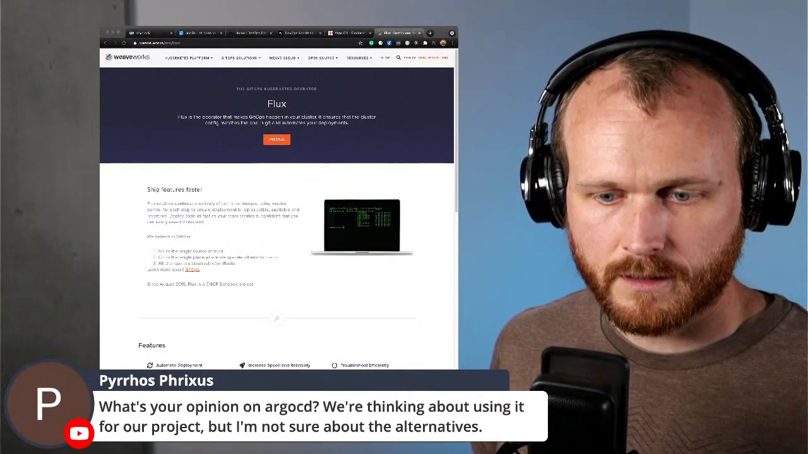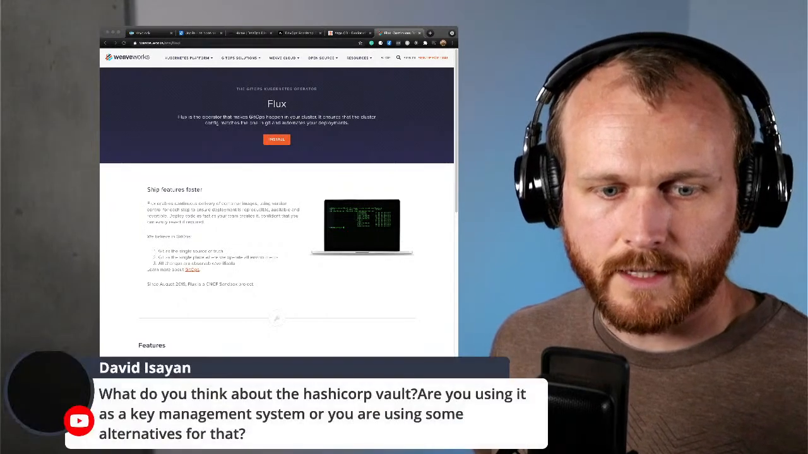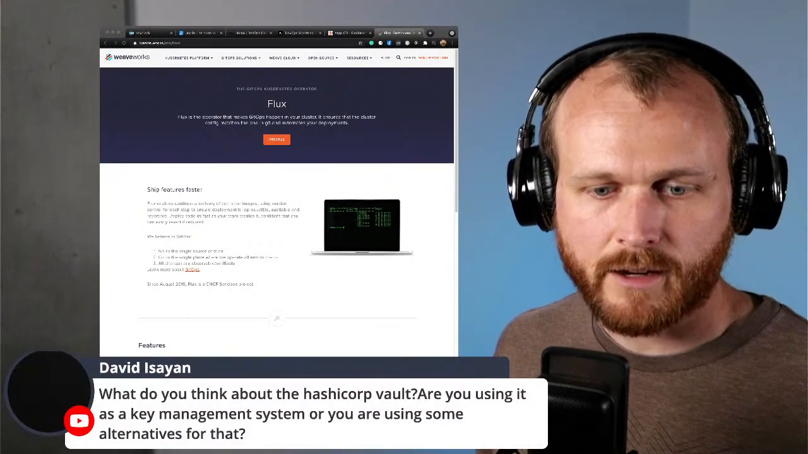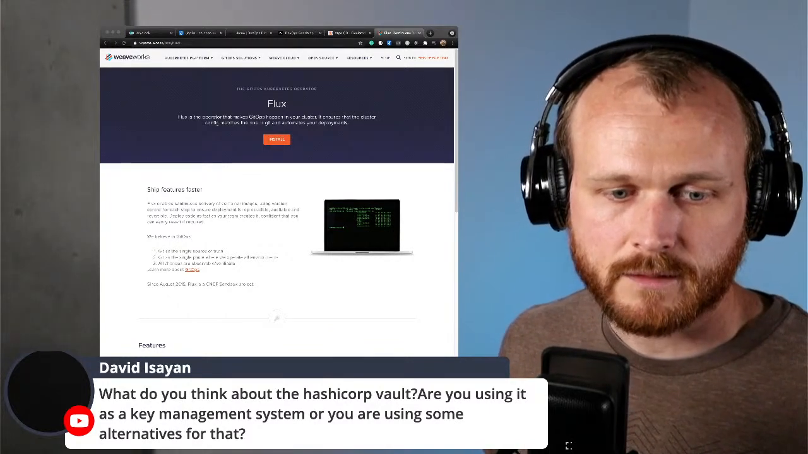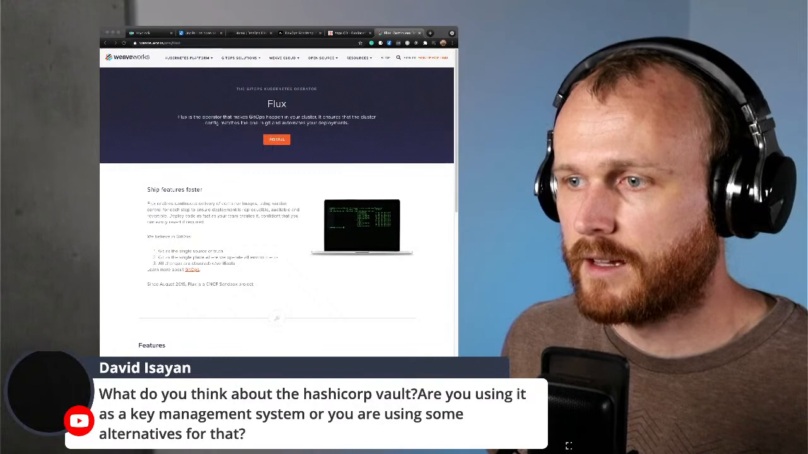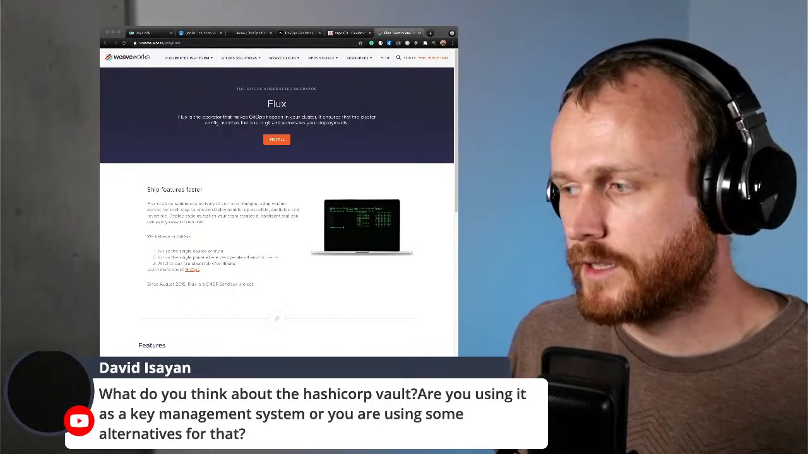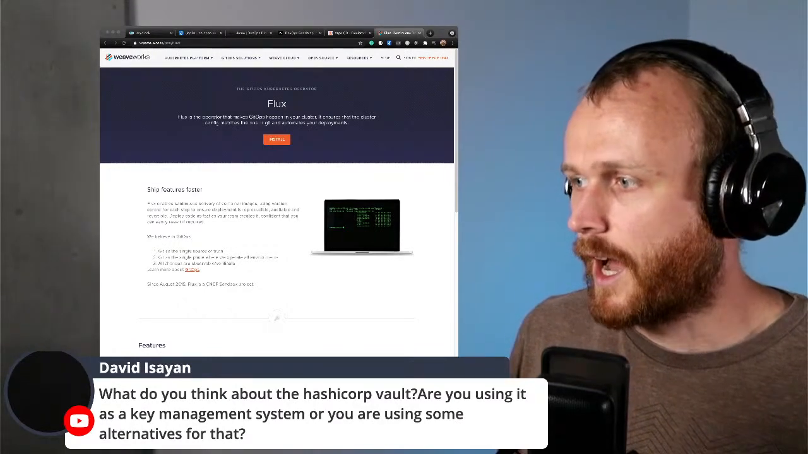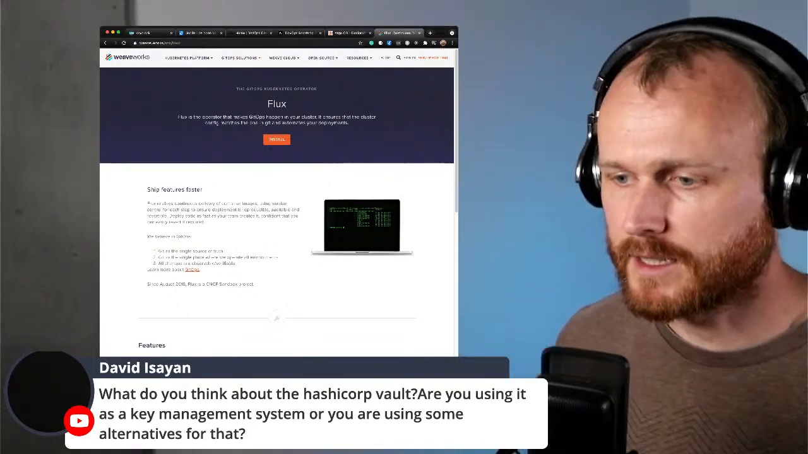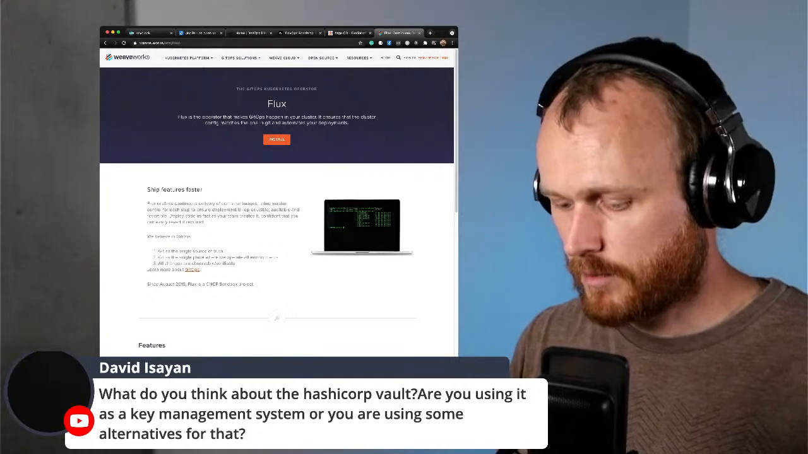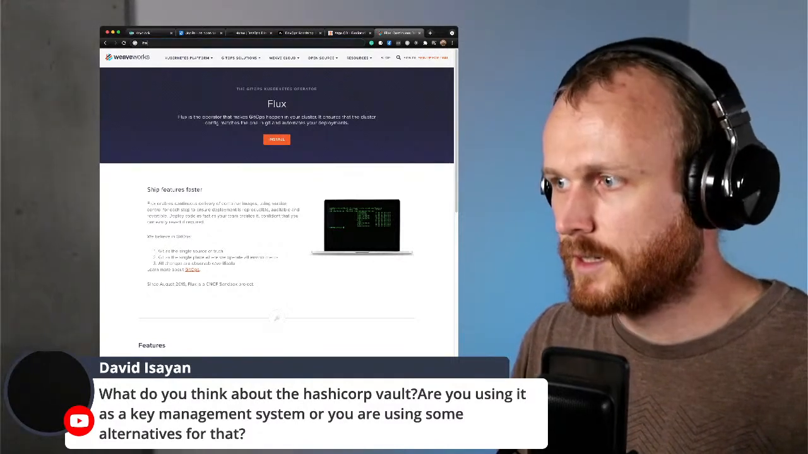Let's see. David Isayan, what do you think about HashiCorp Vault? Are you using it as a key management system, or are you using alternatives to that? I think HashiCorp Vault is pretty awesome. I haven't worked with it too much personally, like I haven't set it up for any companies or anything like that. It is a relatively complex system, but